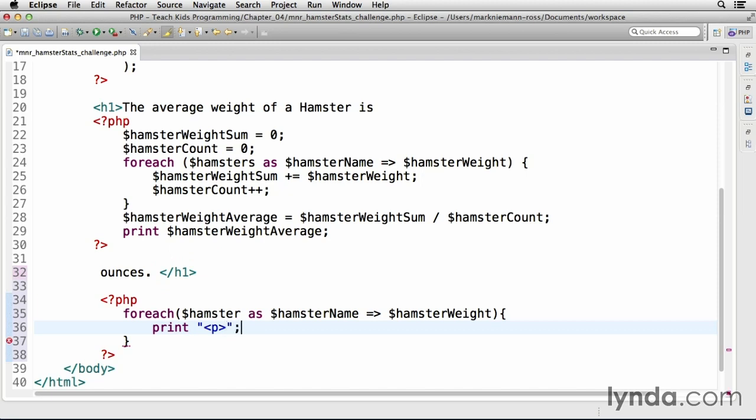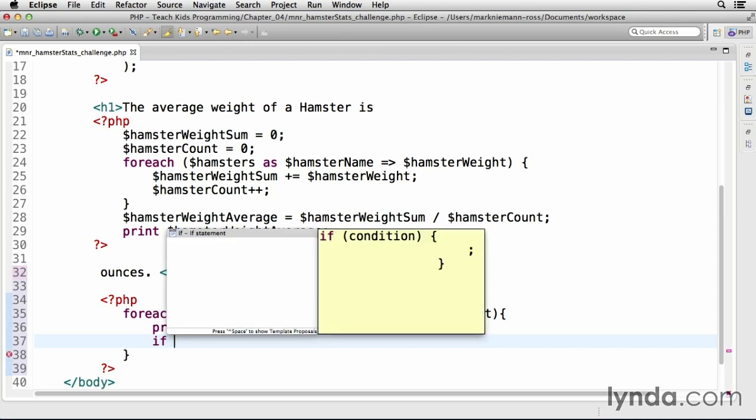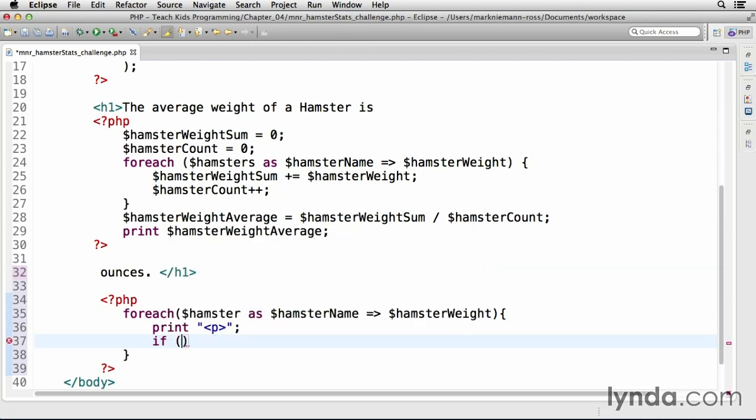Don't forget my punctuation. Now, I'm going to say if it's bigger than average, then print out "bigger than average," or if it's average weight or smaller, then I want it to print something different. This sounds familiar. It's an if-then statement. So let's go ahead and put that in. You'll remember if, and then a parenthesis,